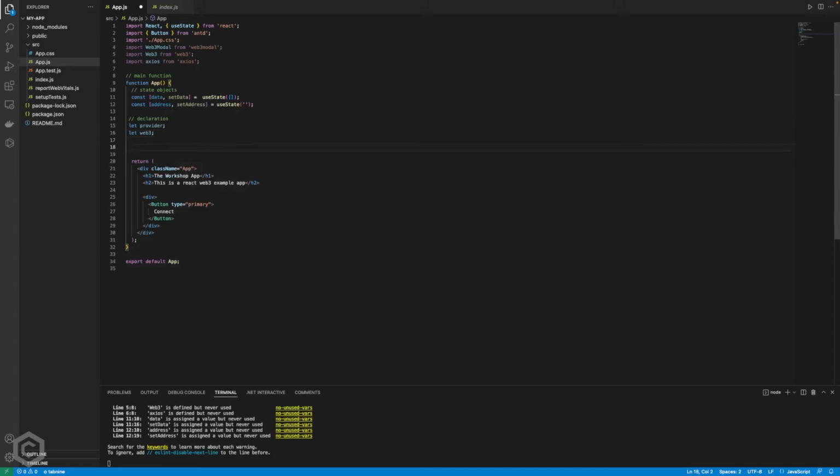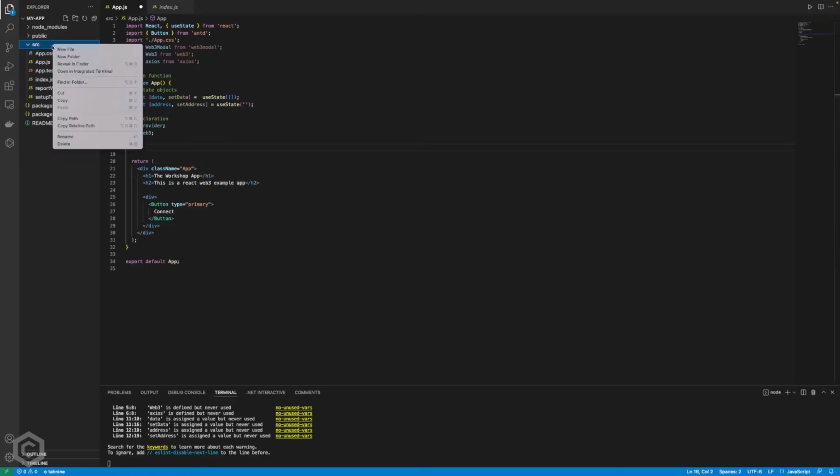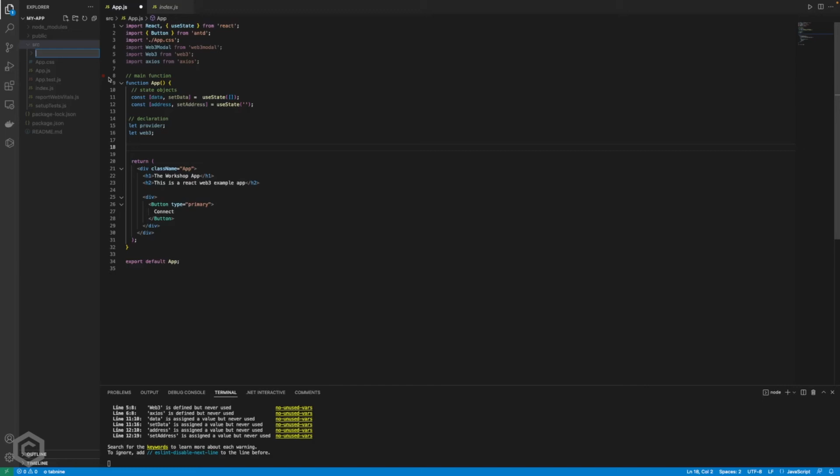And now what we want to do is, there is a library, we could post it in here, but let's make it a little bit cleaner. Let's actually create a new folder and call it provider. And the provider is basically the wallet that you will use in order to provide the information to your decentralized app or your front end